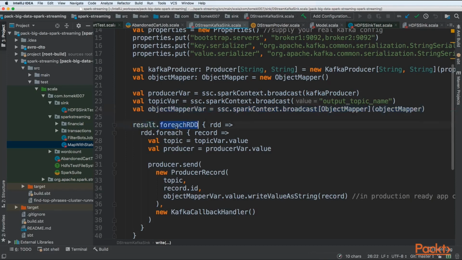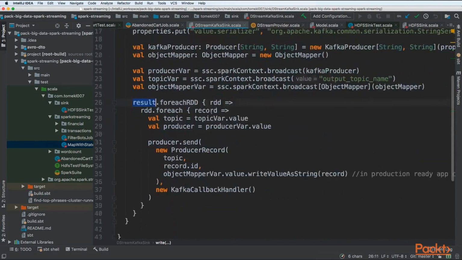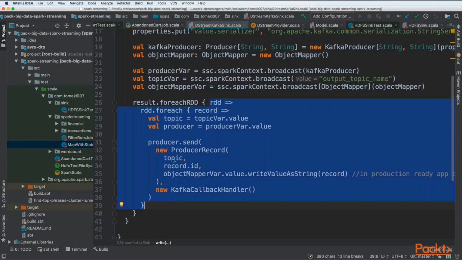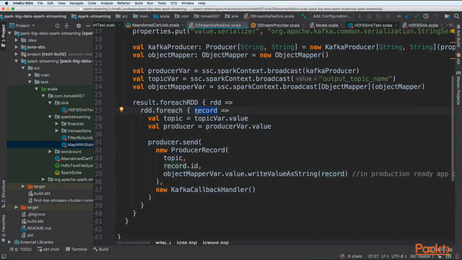Next, for every RDD inside of our result, so result is a dstream and underneath it has an RDD. As I mentioned at the beginning of this video, RDD is used underneath. So for every RDD we are iterating and we have a record that needs to be saved to Kafka. So we are taking a topic and producer from broadcast variables that will be used on the specific executor, and finally we are calling producer.send, creating a new ProducerRecord from the Kafka API, passing topic, record ID that will be our key that was passed as a partition key to Kafka, and